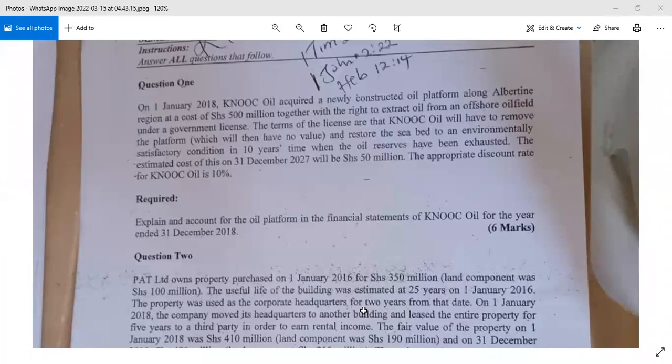Ideally, I'm not doing anything new here, so let me just go through it. So the answer is 19. This is the restoration cost, 19 million. But for the entries for restoration costs, like I said, you have debited the cost, you have debited the asset. But the credit goes to what we call a provision.